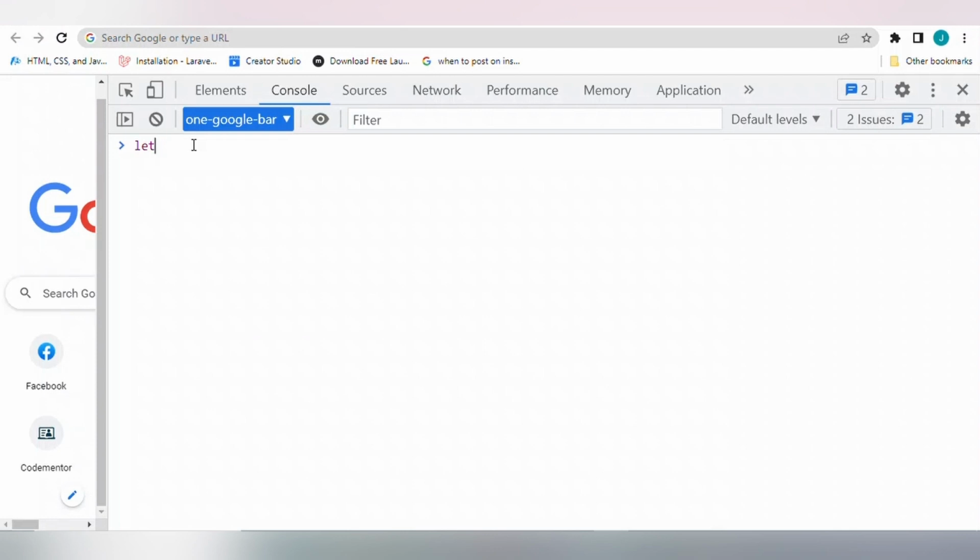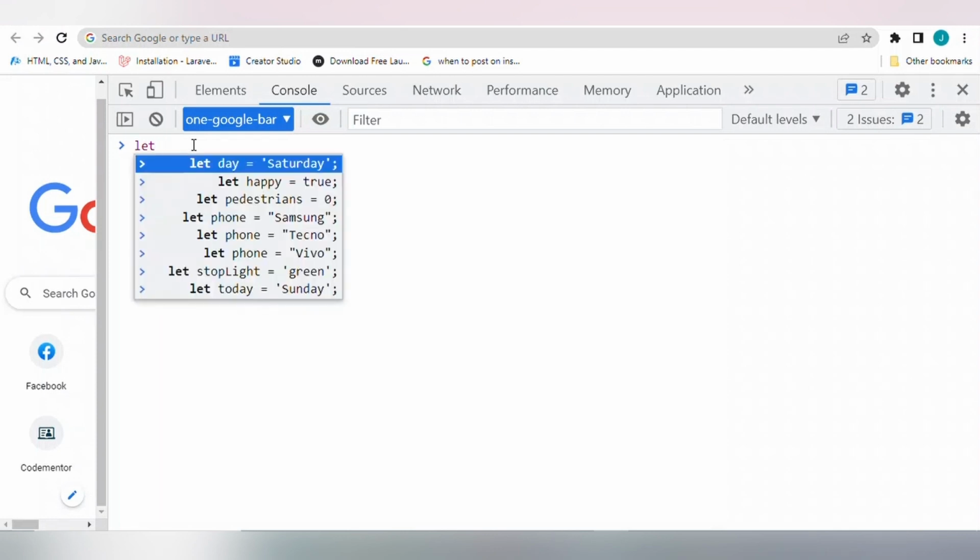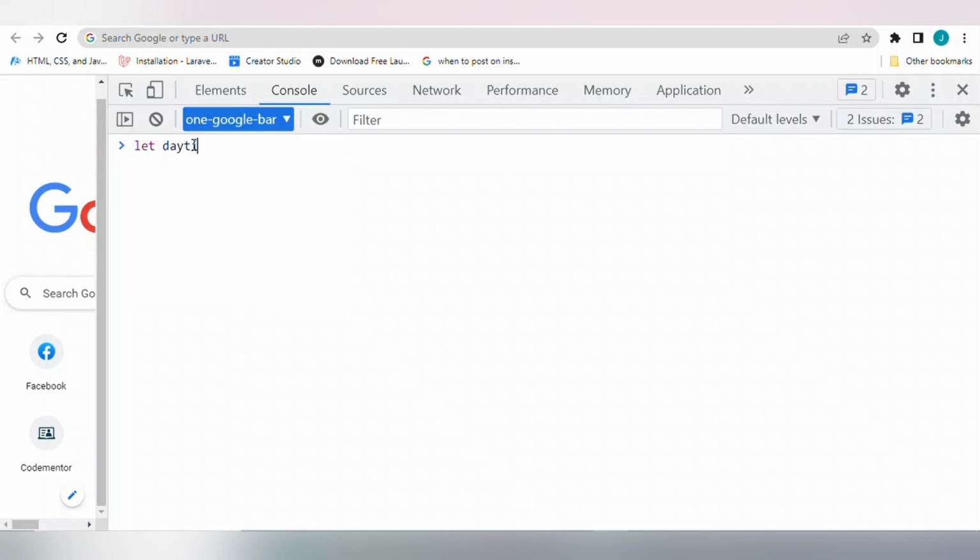So we're going to declare a variable. Let daytime equals true.